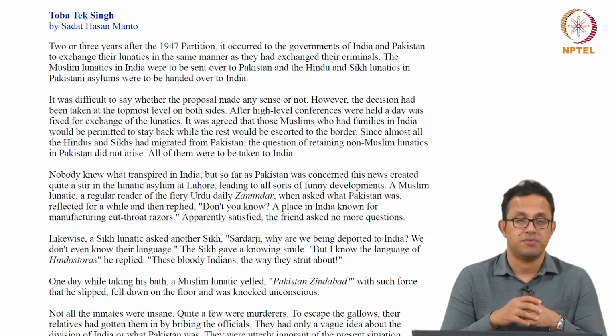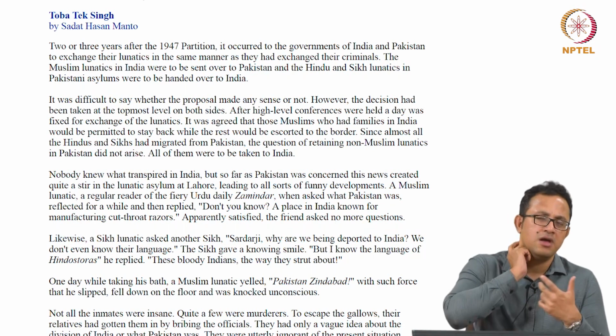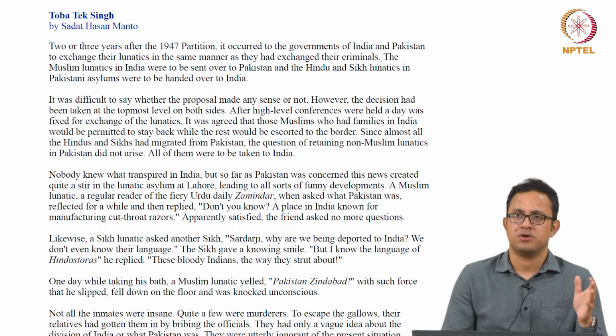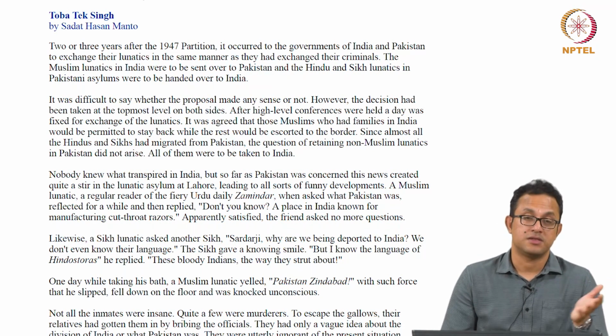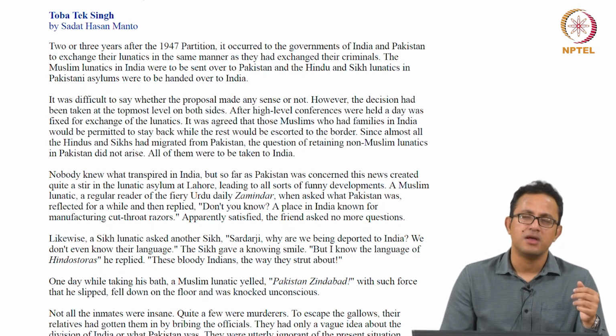The madhouse becomes a space of some kind of resistance because the madmen refuse to go to India or Pakistan, and you find that because they're not really in the loop or switched on about the political movements and the political changes, most of them couldn't care less about India or Pakistan. They just want to go back to their homes in some village, in some city, in some town, which doesn't exist. Now, Toba Tek Singh is the name of one such village. And interestingly, what you find in the story is this village just disappears from the map,